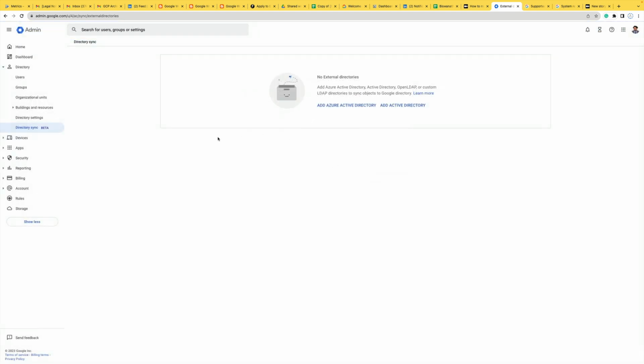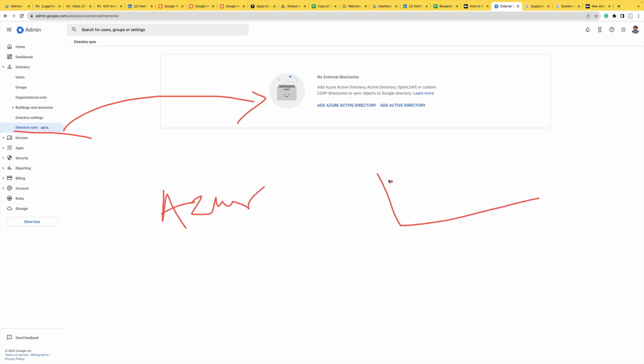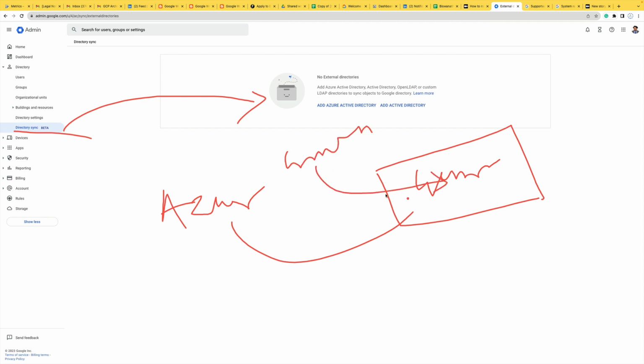So this is one of the new things which is enabled by Google. So how we can sync up, for example, you are in Azure and you want to map that user with Google Cloud and Google Workspace. So ultimately, hope this video will be helpful,